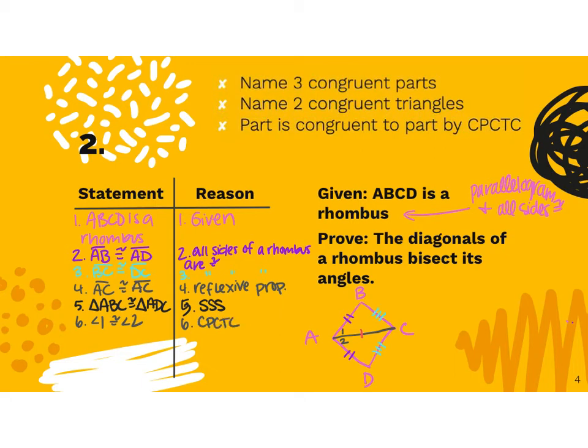CPCTC. In this case, we're not quite done because we were not just sent out to prove that angle 1 is congruent to angle 2. We really needed to prove that the diagonals of a rhombus bisect its angles. Now we can say that AC bisects the rhombus's angles